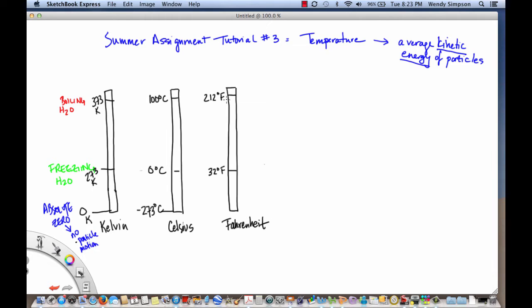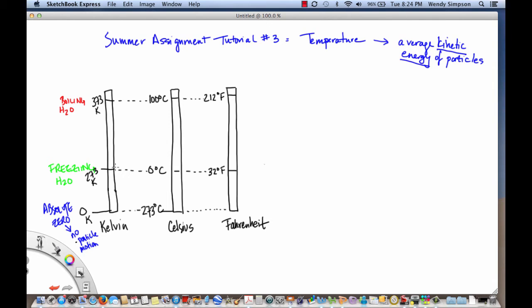So let's now compare these scales. I'm going to draw some dotted lines here because they are connecting the same events. Freezing water here is being connected with a dotted line. Boiling water here is being connected with a dotted line. And absolute zero is being connected with a dotted line. And I got to go back and figure out what it is here in Fahrenheit. Oh, actually, we can do that then. Okay. But if we look at some common observations here,